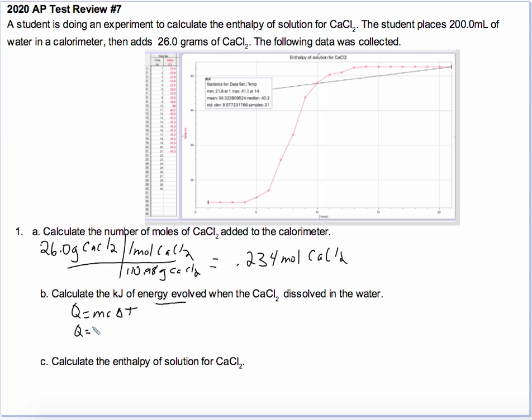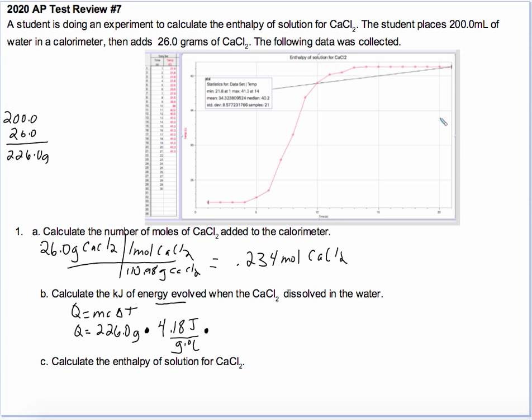So Q equals, now whenever you're doing the enthalpy of solutions, a big mistake is not doing the mass right. The mass has to be the mass of the water, which is 200 milliliters is 200 grams, plus the mass of the chemical that you're adding in. So that's 226.0 grams. Okay, so that's an important part because a lot of people forget to add the chemical mass to that. Times the specific heat, we're just going to use water specific heat, 4.18 joules per gram degree Celsius,